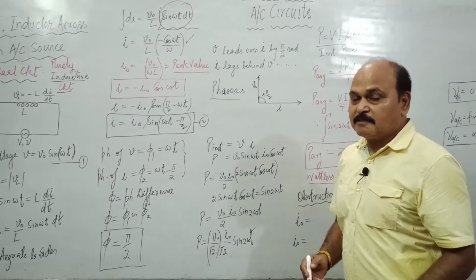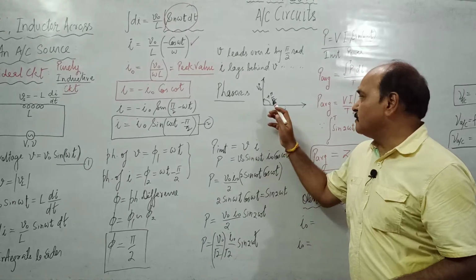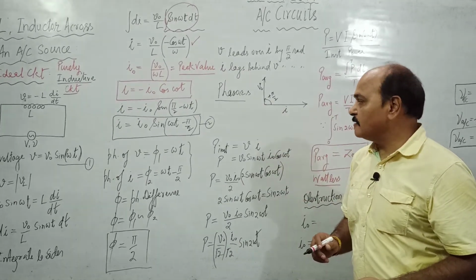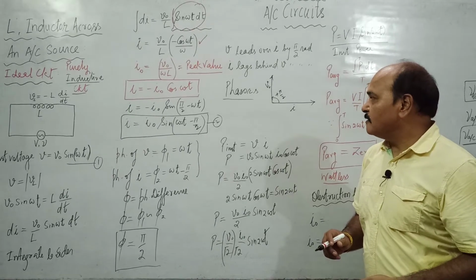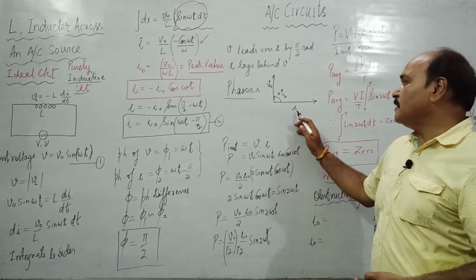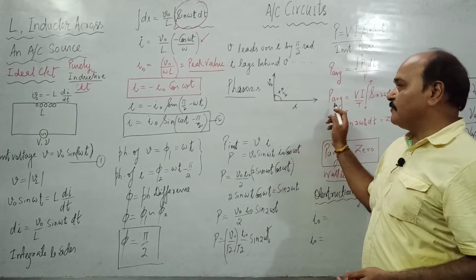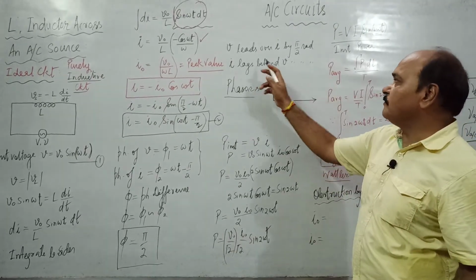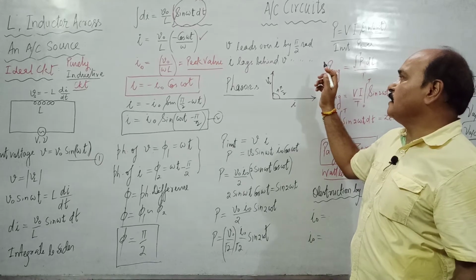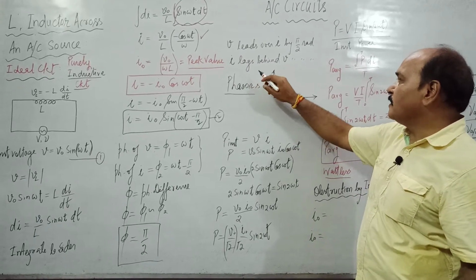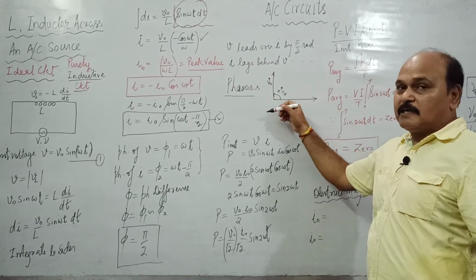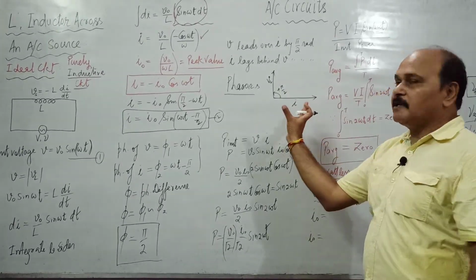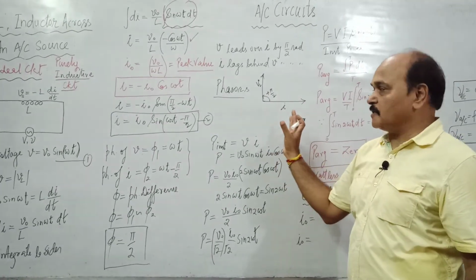In the last case, in the capacitor circuit, this V across the capacitor was lagging behind current. Now it is leading. So V leads over I by phase pi by 2. This is the phasor diagram. It can also be made the other way. Other way means if we make V along the initial line, then we'll have to make I in the clockwise direction at an angle 90 degree. And that is the same as this diagram, just rotated by 90 degree in clockwise direction.